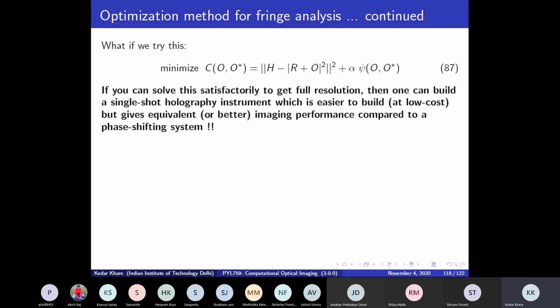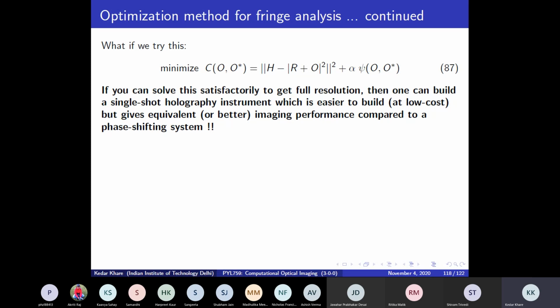Suppose I say that, well, if I can solve this satisfactorily to get the full resolution, then it means that I really don't need the phase shifting at all, because if I can solve this equation 87 minimization problem satisfactorily, and practically get full resolution,